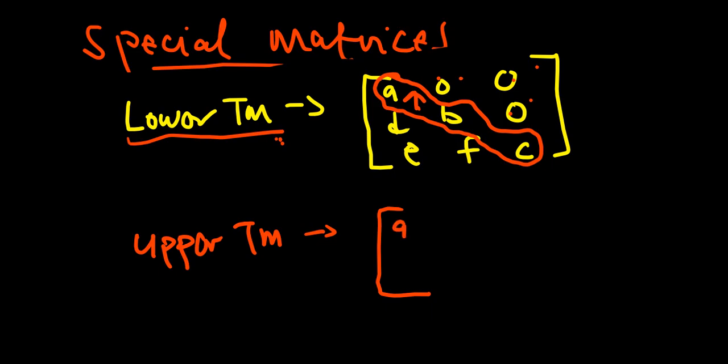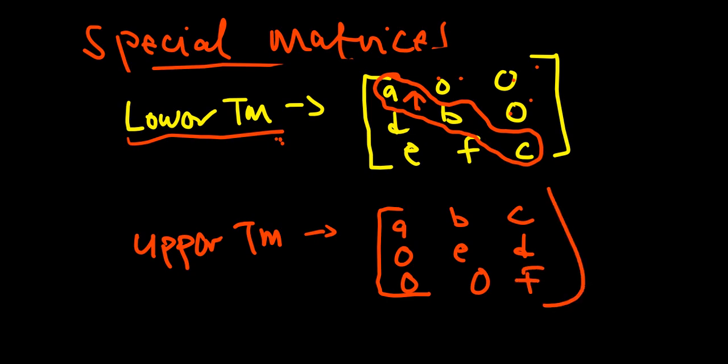So we can have A, B, C there, and then this will be 0, and then we can say this is E, D, and then we have 0, 0, and then F. In this matrix we can see that this is the main diagonal here. All the entries below the main diagonal are zeros,